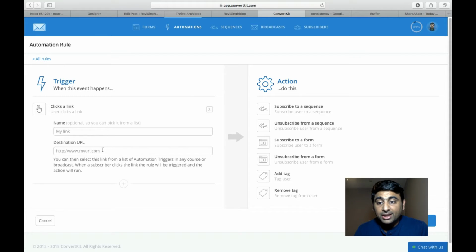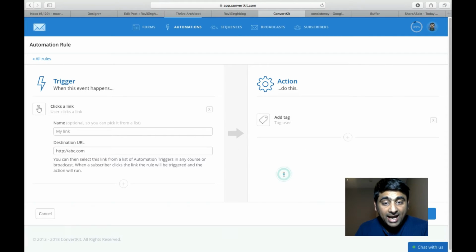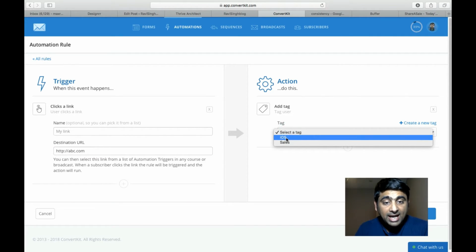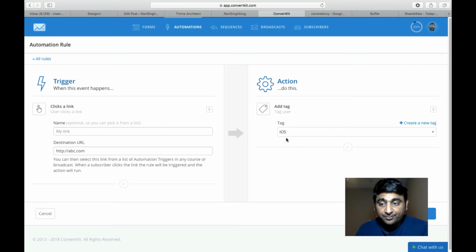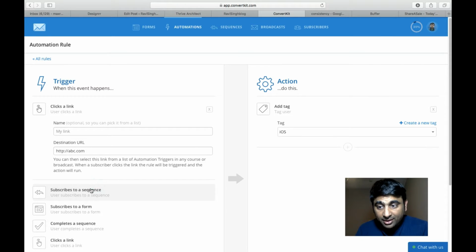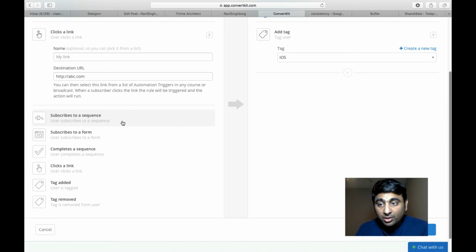For example, here I can say if someone clicks, for example, I have a URL in my form, and if someone clicks on that in the email which I sent earlier, I want to add a tag. This tag I can call iOS tag. After that, you can create one more AND or OR condition. For example, if the user also